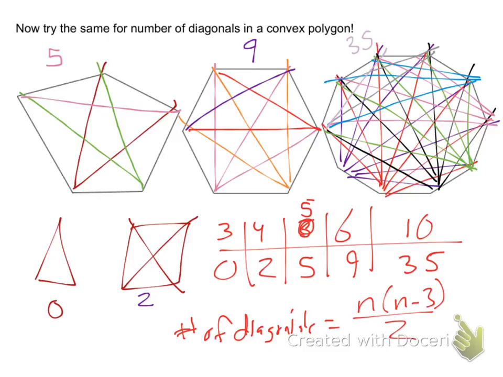Guys, what's 3 times 3 minus 3 divided by 2? What's 3 minus 3? 0. And 0 times 3 divided by 2? 0. So that works. 4 times 4 minus 3 is 1. So 4 times 1 is 4 divided by 2? 2. You're starting to see that it does work. 5,